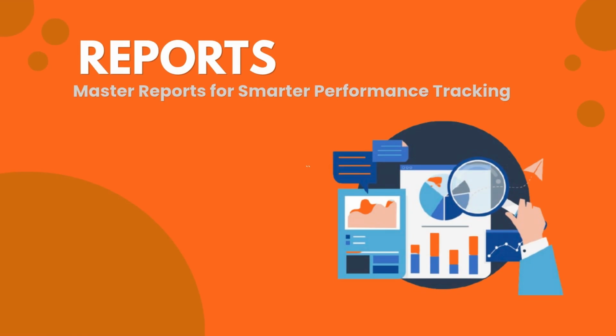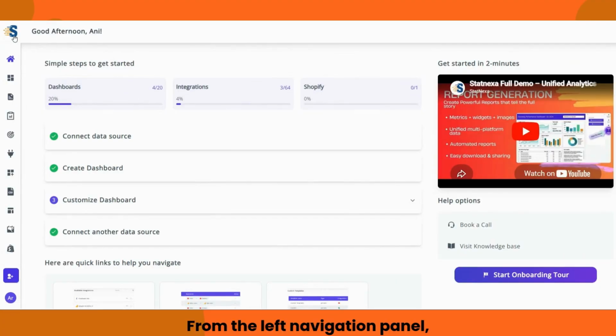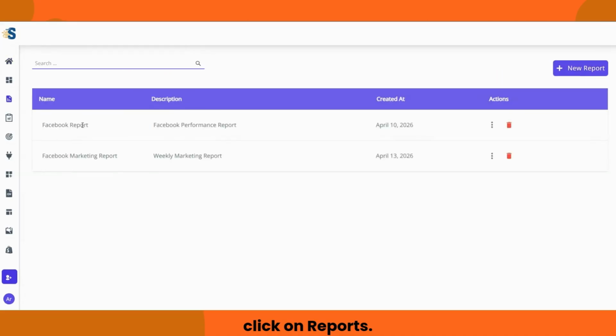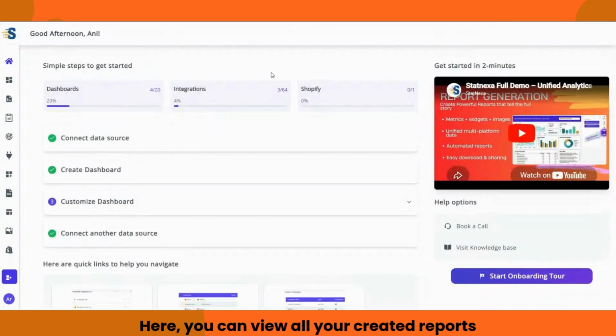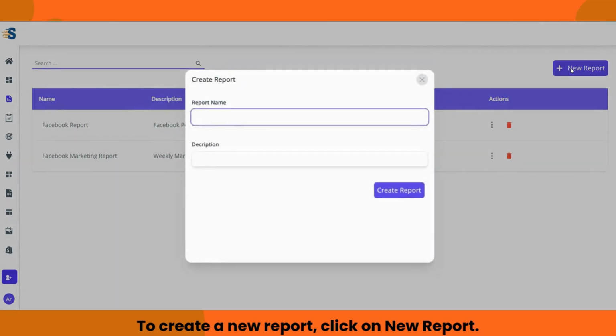Next, we move to the Reports section. From the left navigation panel, click on Reports. You can create reports for your users and clients. Here, you can view all your created reports. These two reports are already created. To create a new report, click on